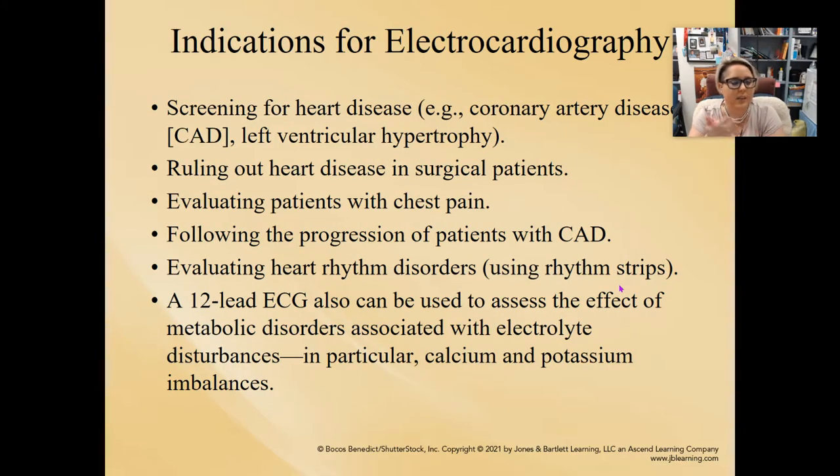So indications for EKGs: screening for heart disease. So we know that's what we're usually doing that for, right? So coronary artery disease, CAD, or left ventricular hypertrophy. Hypertrophy means large, right? Ruling out heart disease in surgical patients. So we want to make sure that we always do an EKG before we do a lot of surgeries because